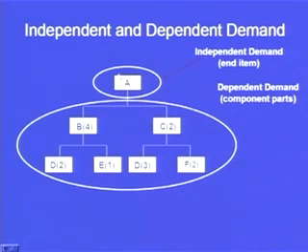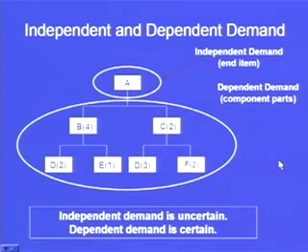Once we know the number of A, whether we require 500 of product A, or 1000, or 5000, on the basis of that independent demand we will very easily be able to understand how many components B and how many components C would be required. And once we know how many components B are required, we can easily understand how many D and E components would be required. So, on the basis of the independent demand, we can generate the dependent demand, which is done by the MRP system.